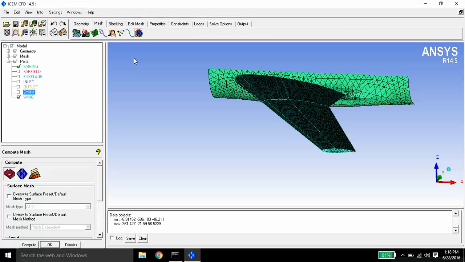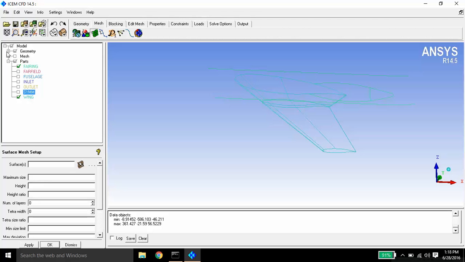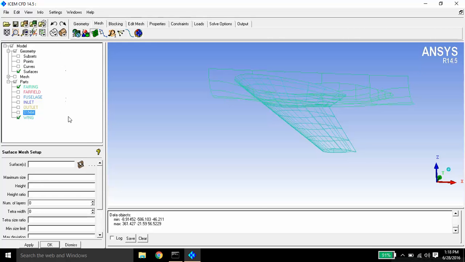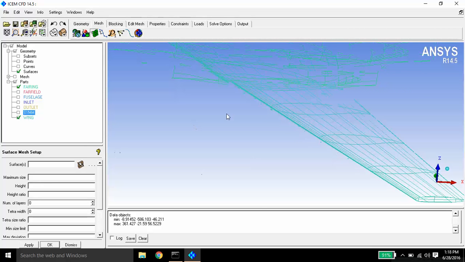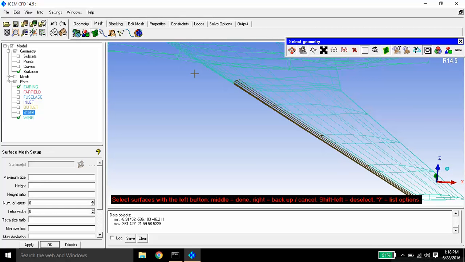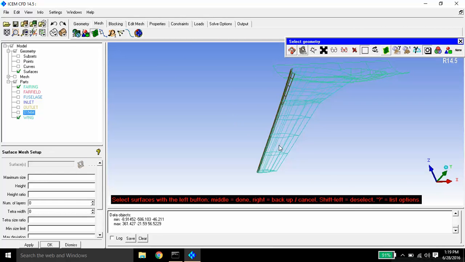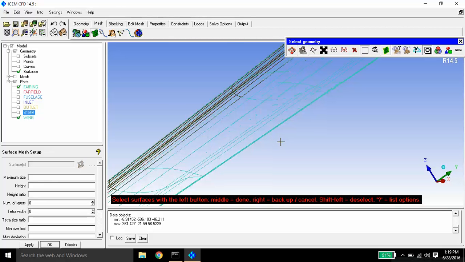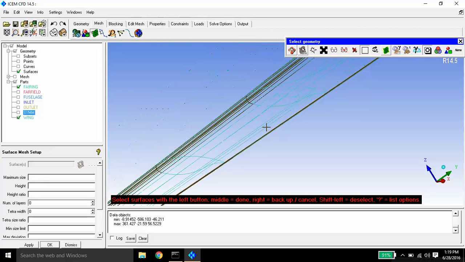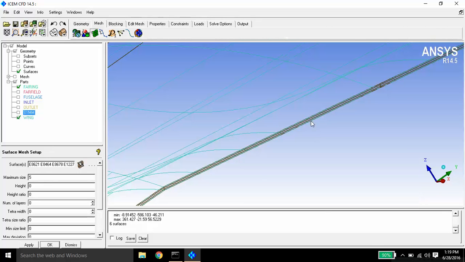So for that go to surface mesh setup, and select the leading edge and trailing edge also. That's middle button for done.